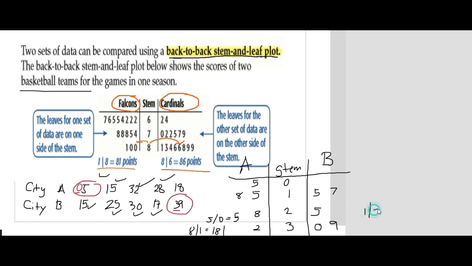On the other hand, let's continue. For city B, when you write the key, it will just be 1/5 is equal to 15 trees. You can add the unit, so 15 trees that they planted. You can add the unit here also, so 5 trees. So this is how we do the back to